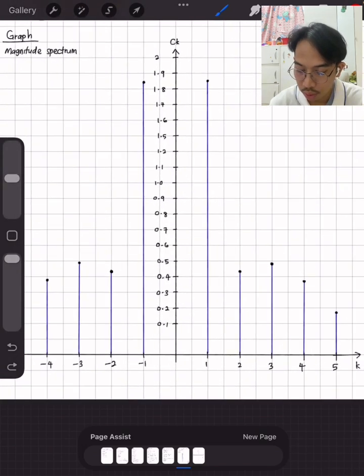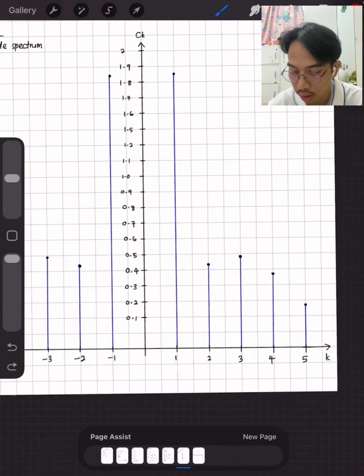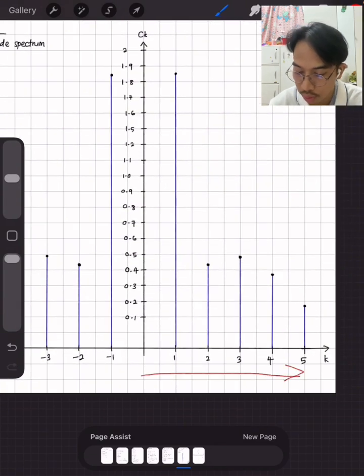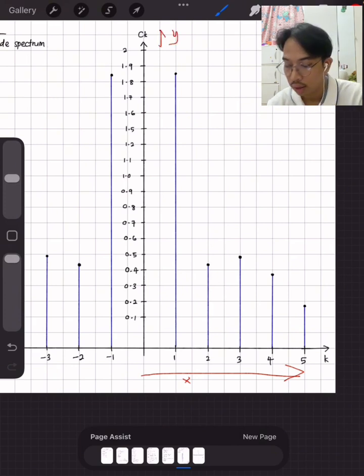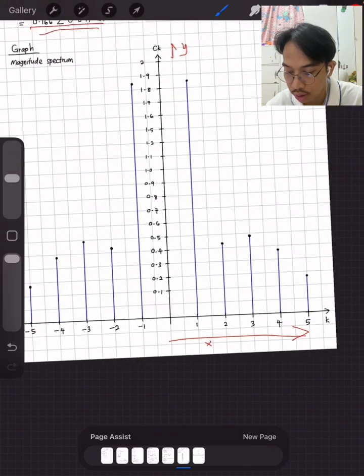Okay, so from the 1, we plot with the first magnitude k1. The x-axis is our k, and our y-axis is ck. So we will plot every value that we got, and we got this graph,